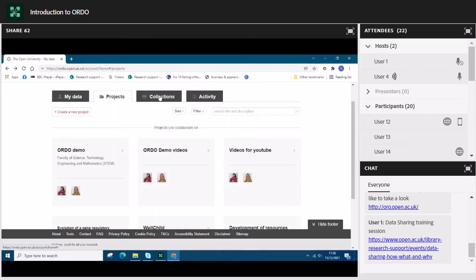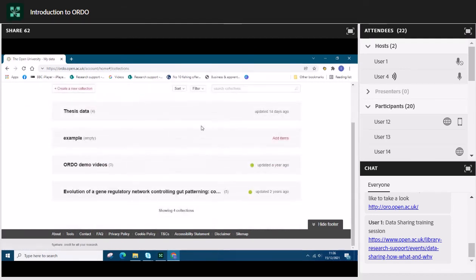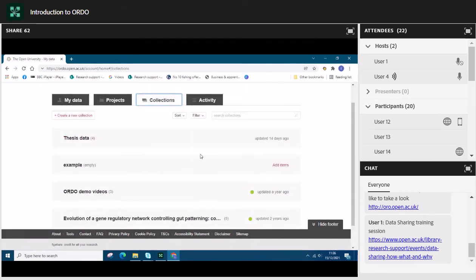And then next up we have collections. So we saw an example of a collection earlier where somebody had a project with multiple files associated with it, and they used the collection to describe what the project was and link out to those files that were associated with it. And we saw that there was a DOI that linked together all of those items so that you could have one DOI for a group of Ordo